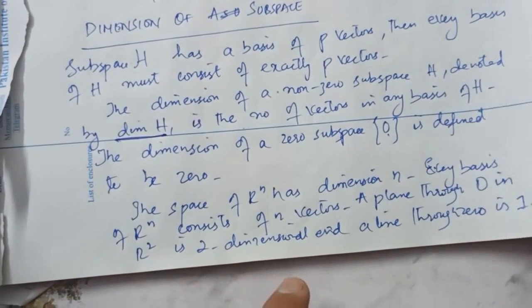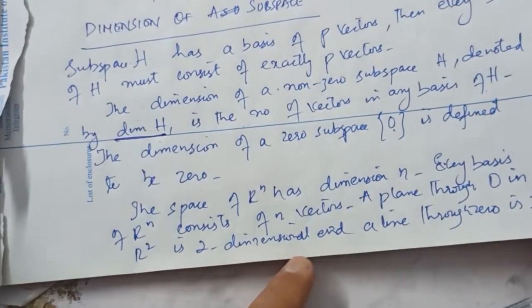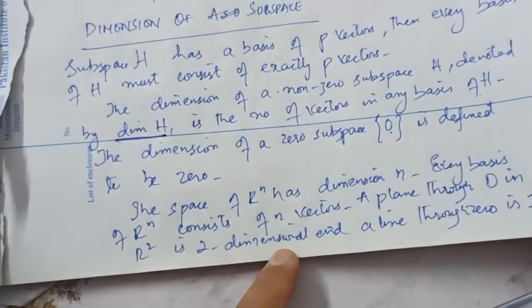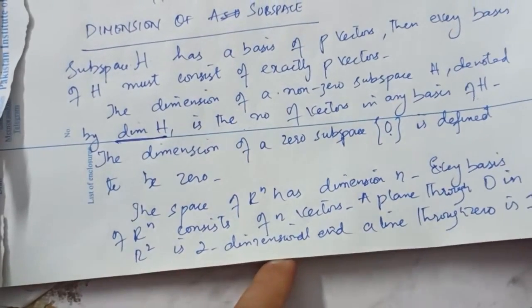And you remember from the last lecture the property of a subspace, that the zero vector should be in the subspace, so everything has to pass through 0 for a subspace. Okay,